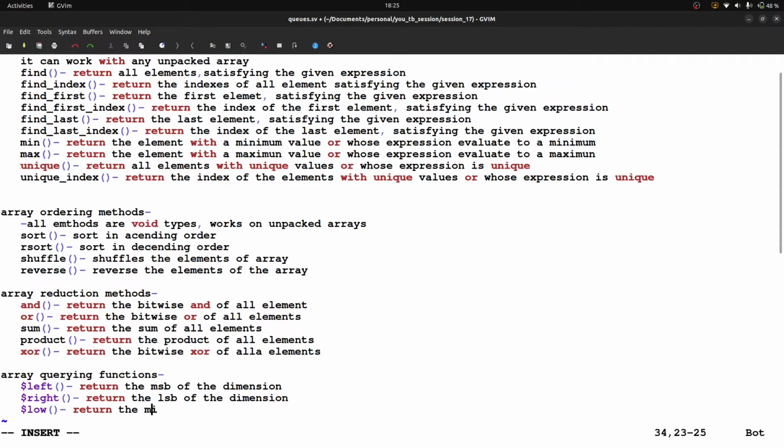Return the minimum of MSB and LSB of the dimension. Next one is $high.